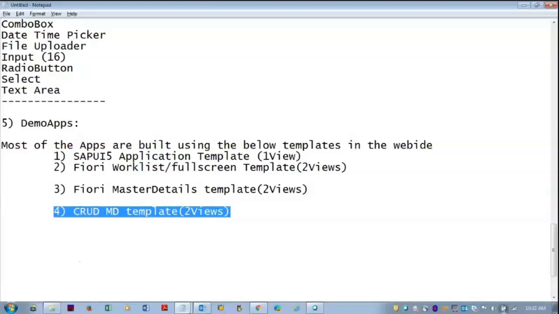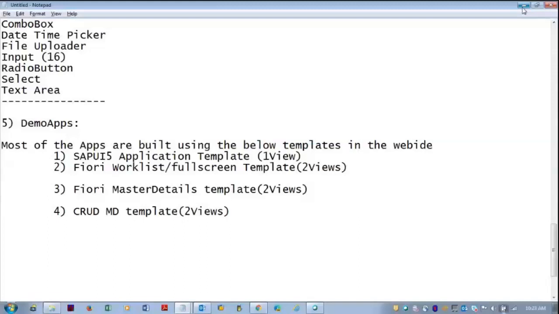So in the demo apps, there are 2 demo apps. Screen sharing is lost.